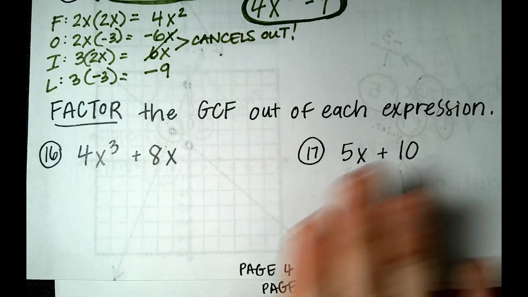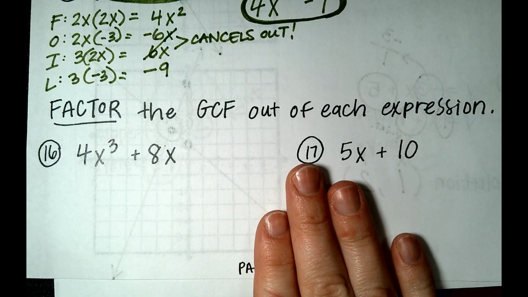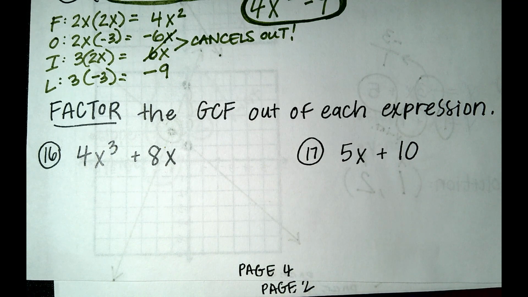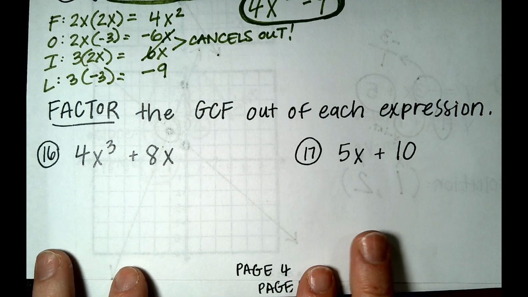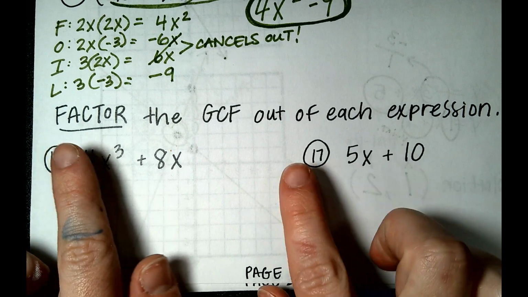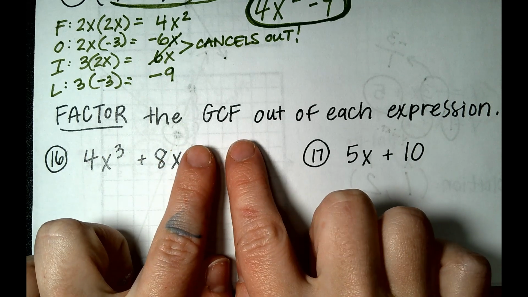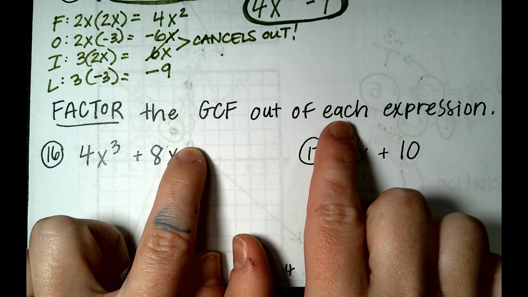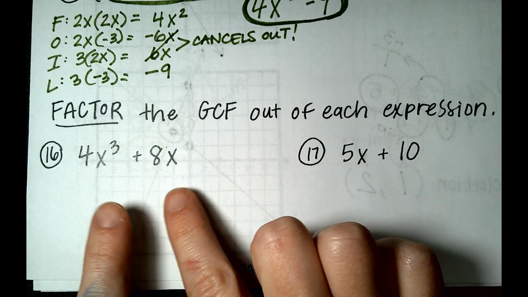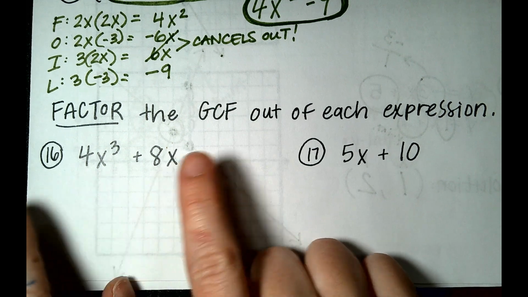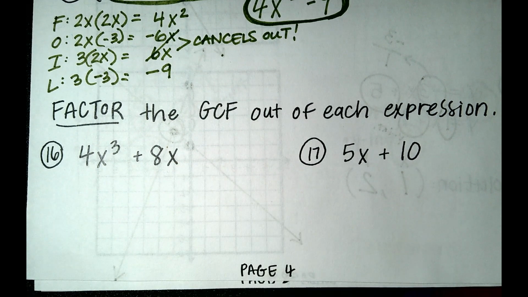This we talked about very briefly, extremely briefly, maybe for 10 minutes one day. We're going to talk about it again. Number 16 and 17 say factor the GCF. That means the greatest common factor of each expression. What does this mean? I'm trying to figure out the biggest number and variable that I can divide this whole